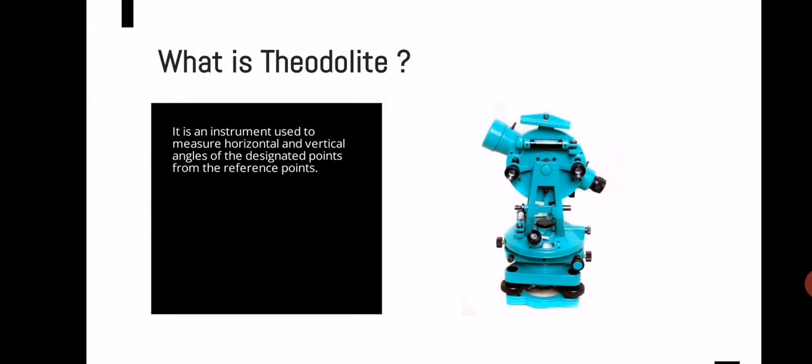So what is theodolite? It is an instrument used to measure horizontal and vertical angles of the designated points from the reference points. So as the definition suggests, ये वो इंस्ट्रूमेंट है जिससे हम किसी भी पॉइंट का हॉरिजॉन्टल as well as vertical angle measure कर सकते हैं